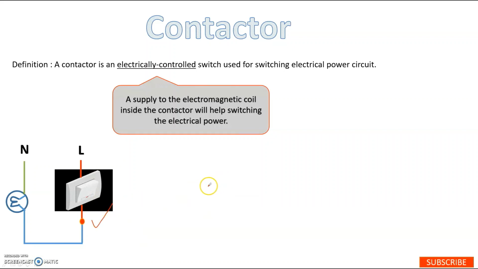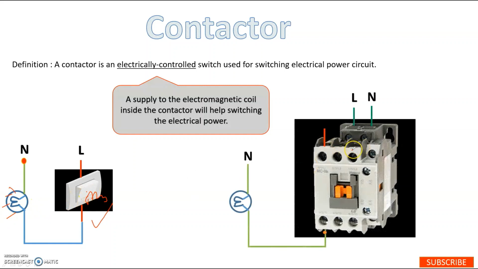So let us see what a contactor actually is. If it is manually punched, a current will flow and the bulb will glow. This is what will happen, right? Looking at the contactor, as I told you, three minimum terminals will be L1, L2 and L3, and these are the second terminals T1, T2, T3, and we basically have a normally open contact here. These are the terminals A1, A2 that I have told you. Here the coil is connected. So as soon as I connect a voltage here, a current is going to flow through this terminal into the bulb and the bulb will glow.